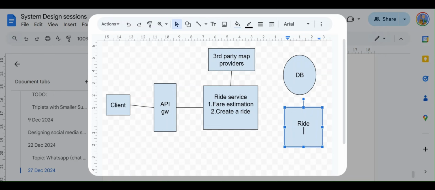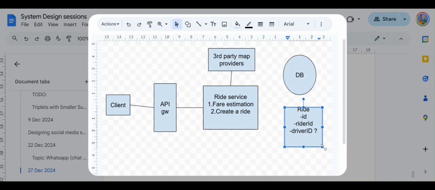Now we're going to see the ride. Inside the ride we can again have the ID, which is the ride ID. Then we can have the rider ID, who is the passenger basically. Then we can have the driver ID, which may not be immediately available, so we'll leave it empty for the time being.